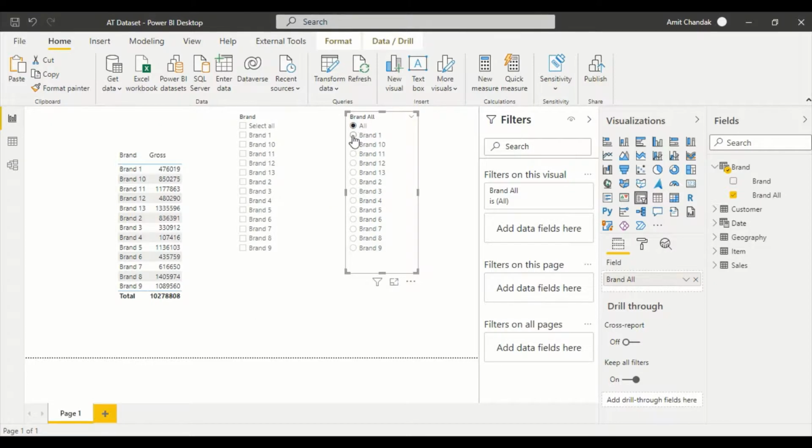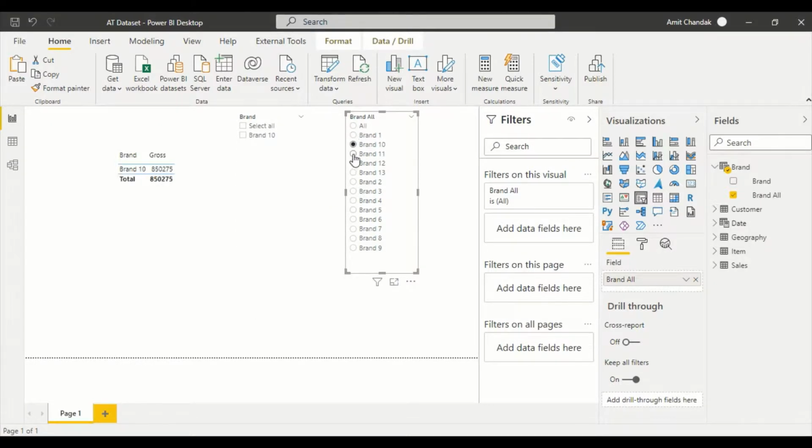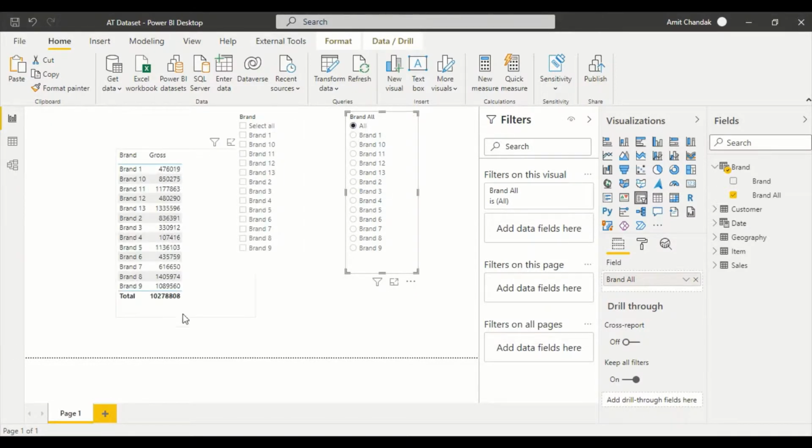So what is happening here? This is single select with all. So if I select one of the brands, it keeps on selecting that brand. So look, this value is appearing here. Now, if I select all, this is all the brands. So what we have done here is,